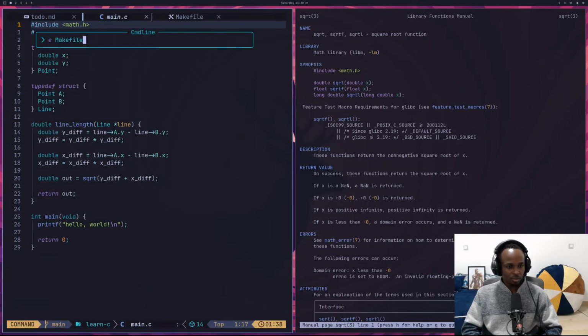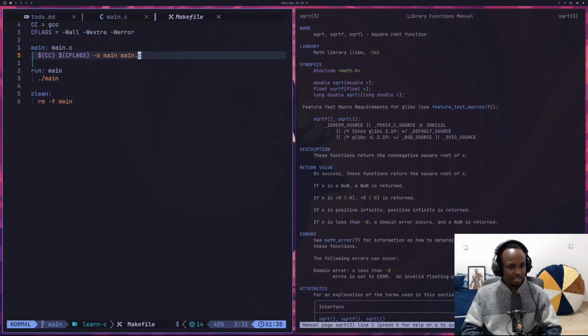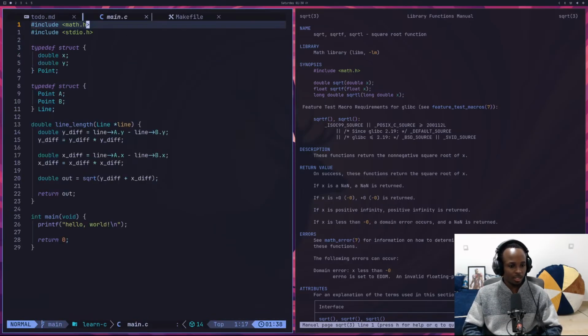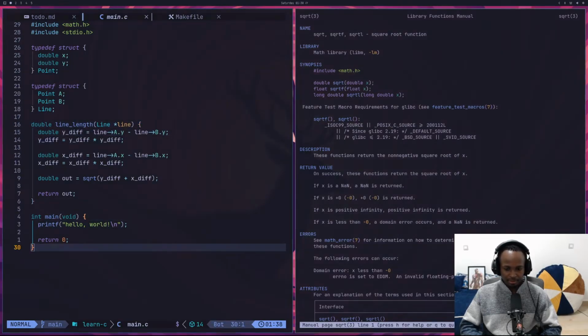So go to the makefile, and then just after the main.c, so it needs to be the last one included. So we are going to say -lm. Actually, let's try compiling without the -lm, and then you're going to see what happens. So we have that, and then